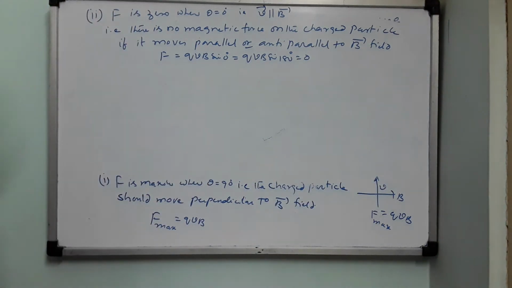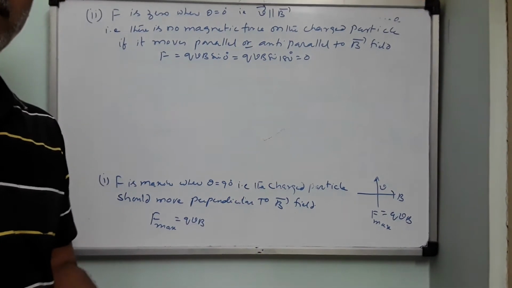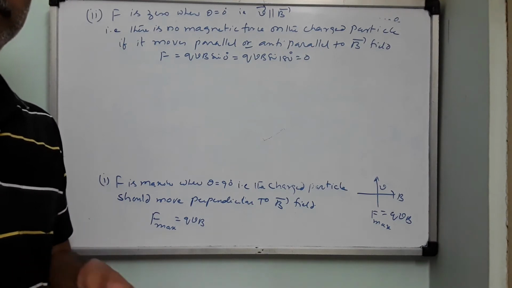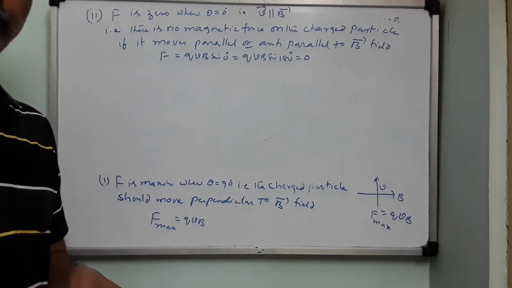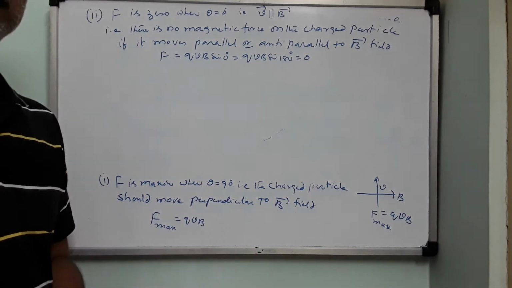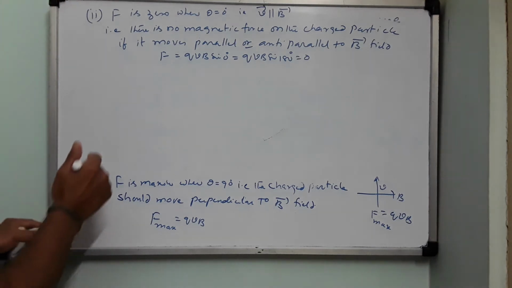Now, that means when you fire a charge in the direction of the magnetic field or in the opposite direction to the magnetic field, the charge will move as if there is no magnetic field present. But children, this will not happen with the electric field. If you fire a charge parallel to an electric field also, it will take a parabolic path. That means it will experience electric force. Right. Number 3.